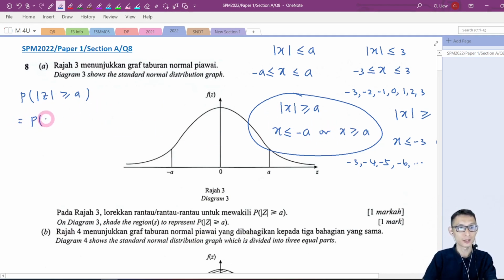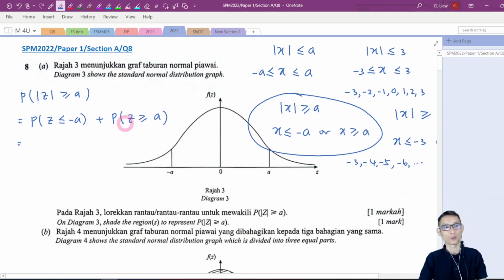So probability for z less than or equal to negative a, plus probability for z greater than or equal to a. Now, we don't have to find the value. The question just asks us to shade the region. So the region that we need to shade is here, less than or equal to negative a, which is here,